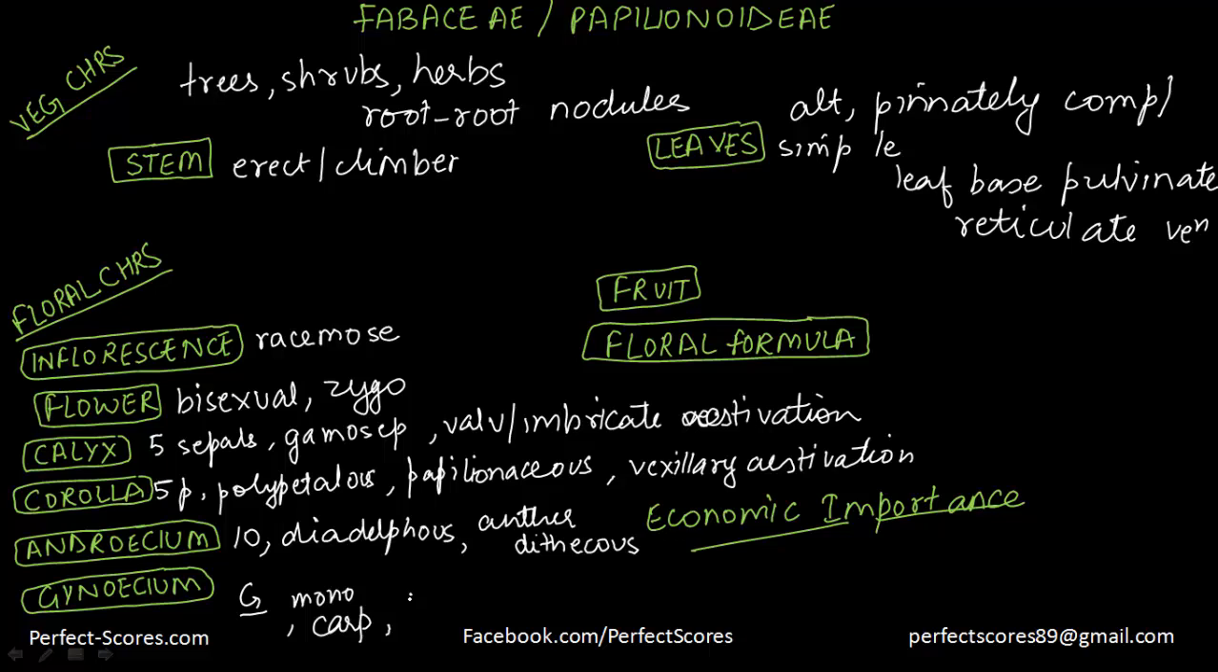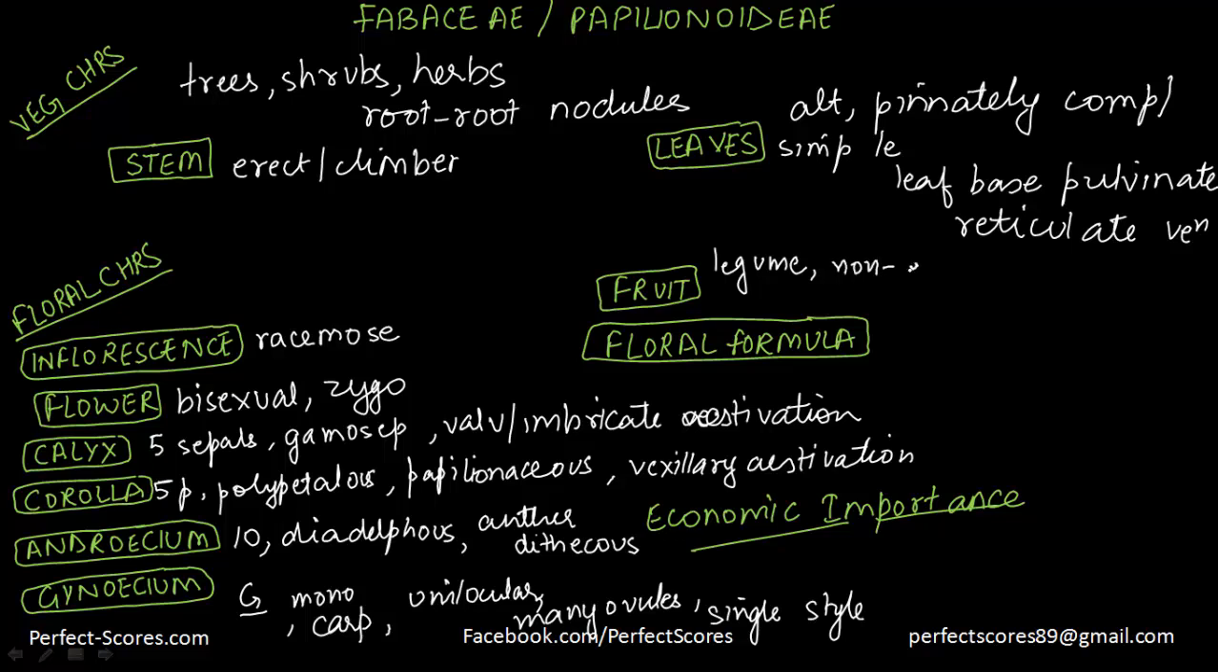Unilocular with many ovules and a single style. Now coming to the fruit first, legume, and they have seeds, one to many, non-endospermic. Coming to the floral formula, zygomorphic, bisexual,